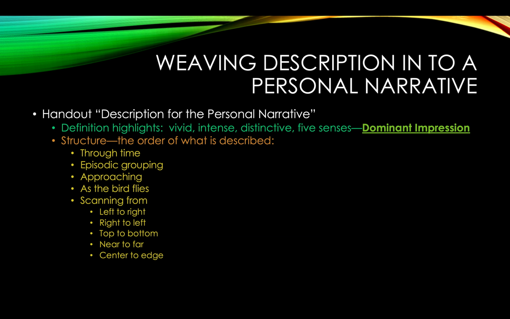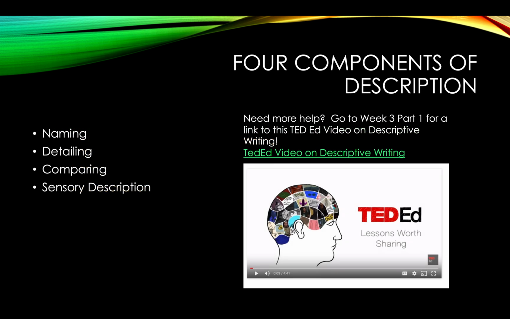So we're going to move on here. And these are the most important 4 components of description. These are the things that I'm going to ask you to be looking for in your mentor texts. And I'm also going to be asking you to make sure that when you're drafting your personal narrative, you're going back and using this as a revision strategy. Can you name things? Naming is nouns, right? Naming is especially proper nouns. So if you remember in the white food essay, what white food meant to the first generation kid,